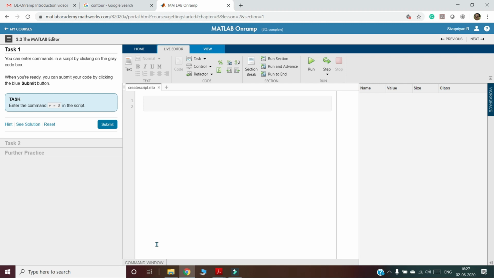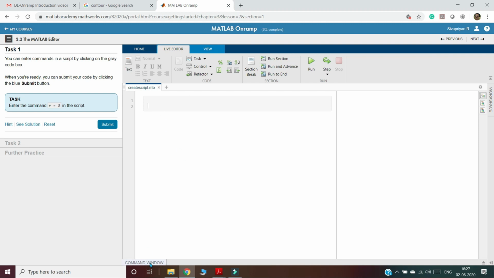By using the command window and live editor you can learn MATLAB programming clearly, without installing MATLAB, just by using the MATLAB web browser. This is the aim of this workshop.